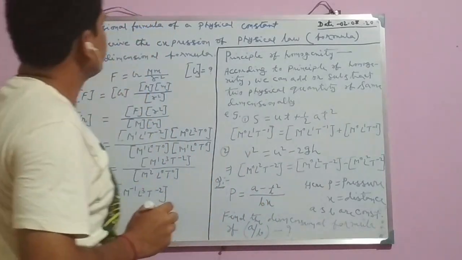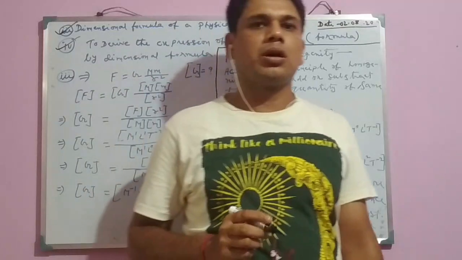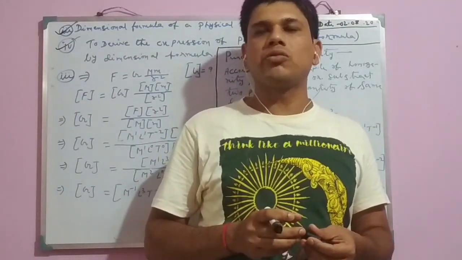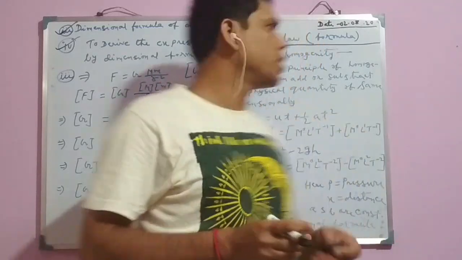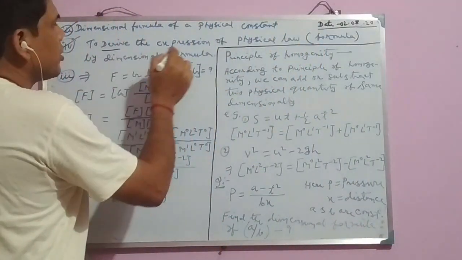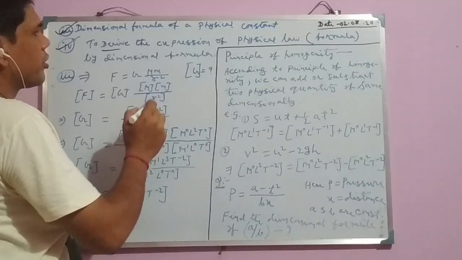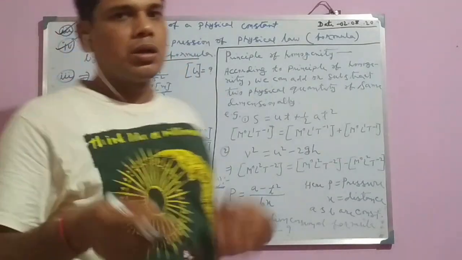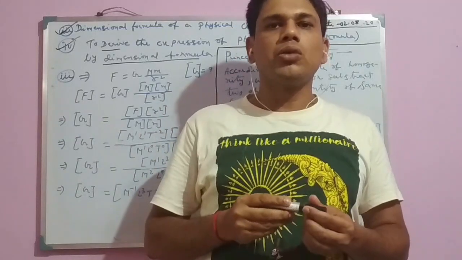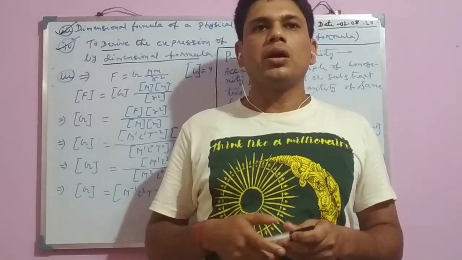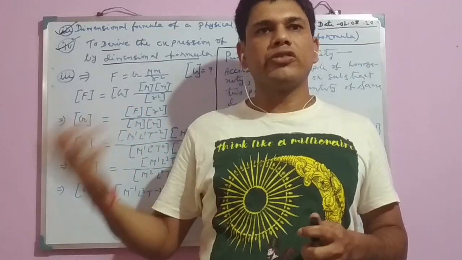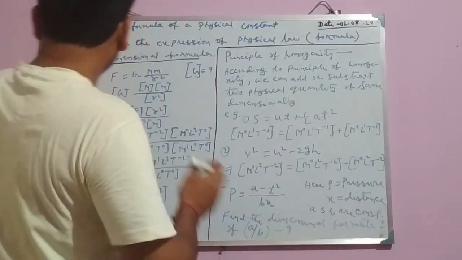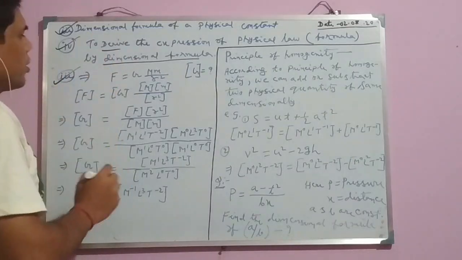Today I am going to discuss two more. First is the dimensional formula of a physical constant: how to find it by using dimensional analysis. And the next one is to derive the expression for a physical law or formula by dimensional analysis. Number 4 is how we can derive a formula related to a physical law by using dimensional analysis. Okay. Now for 3,